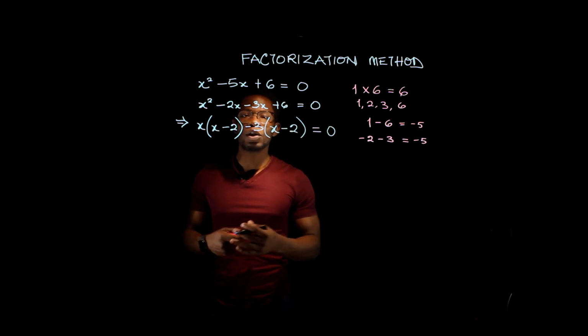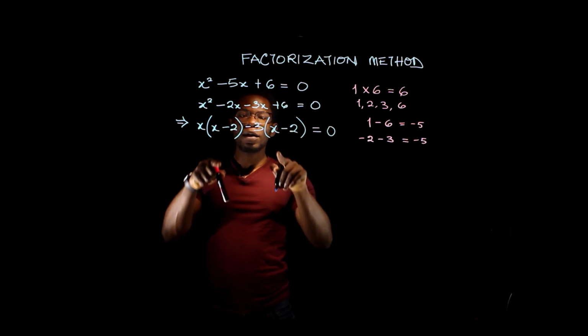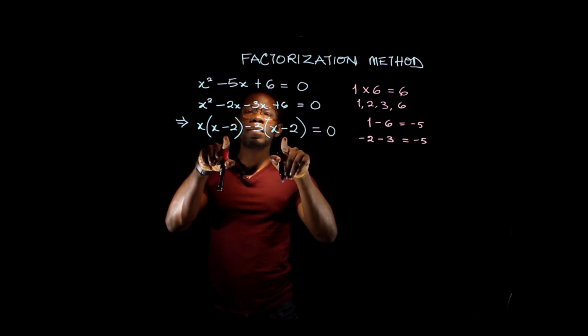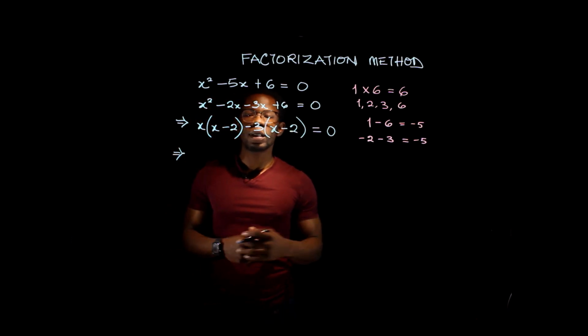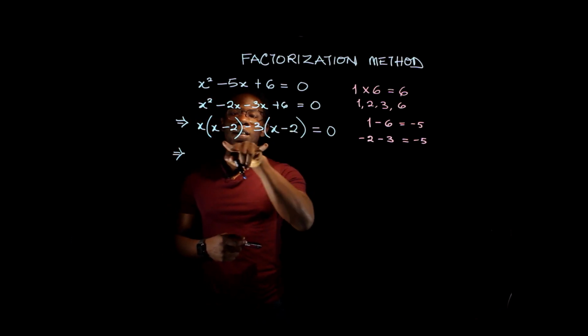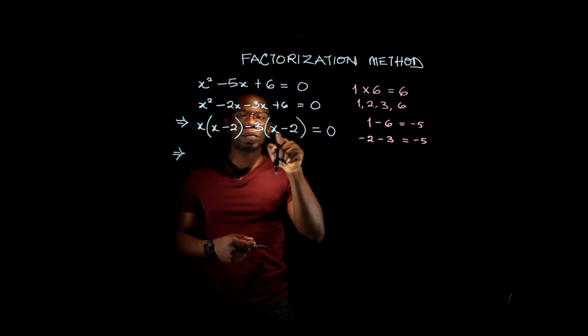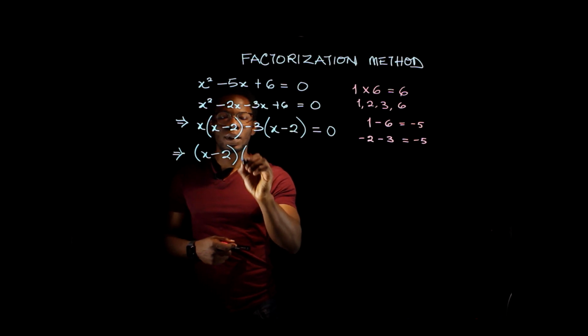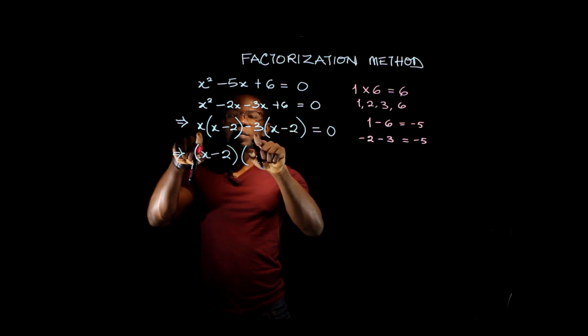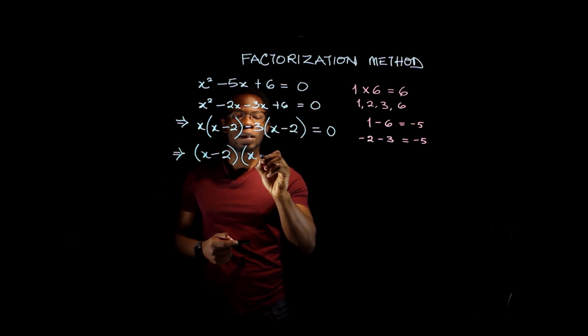If you're doing the factorization method correctly, at the end of this step, you should have the same terms in these two brackets. They should always be the same. Now the next step is to further factorize, and by that we take the similar term here, that is x minus 2, and we write that down, and then we take the outside terms here and also classify them together,